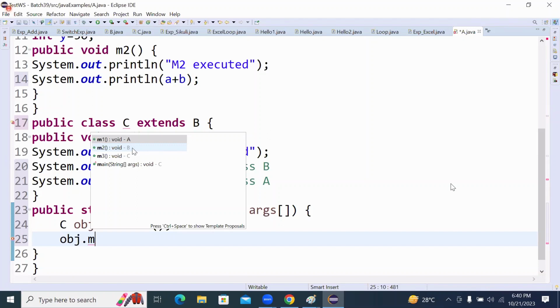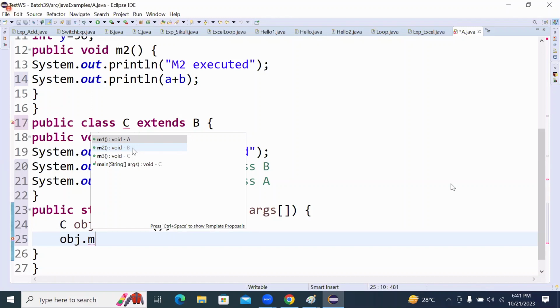Three classes, including C. You may have 10 classes, 100 classes, 300 classes. You don't need to create an object for all the classes. Create an object for only one class,